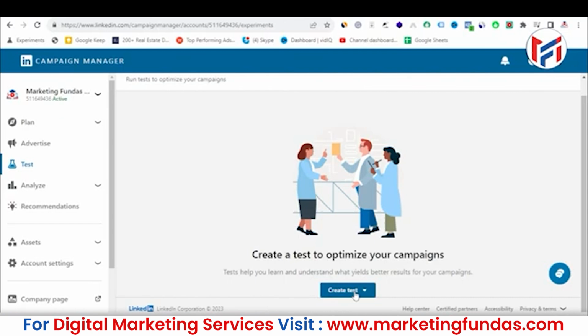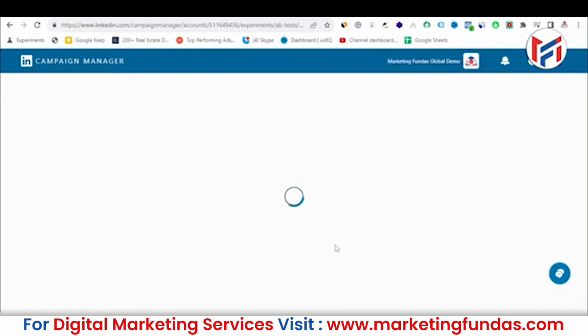You just need to click on the create test button, and here you'll be able to see two options, A/B test and brand lift test. So right now I'm going to use the A/B test option, but in the upcoming videos I'll cover the brand lift test as well. But let's go with A/B test right now. So I clicked on A/B test,